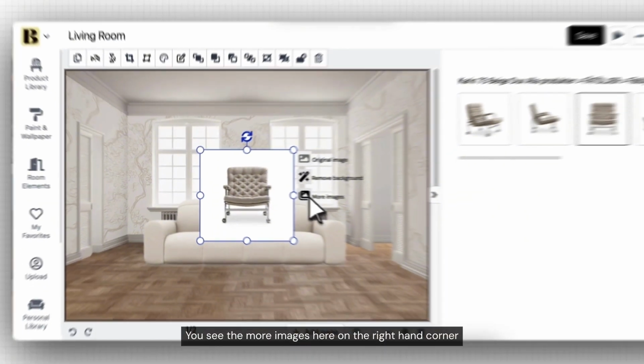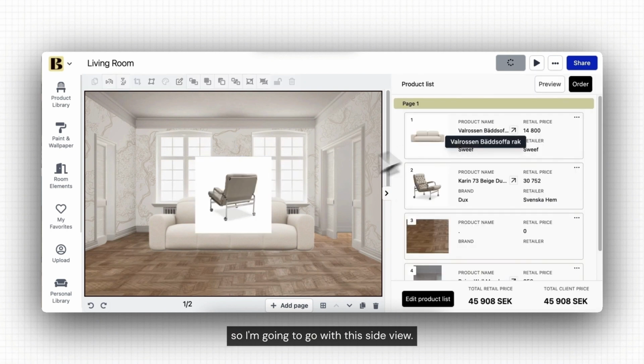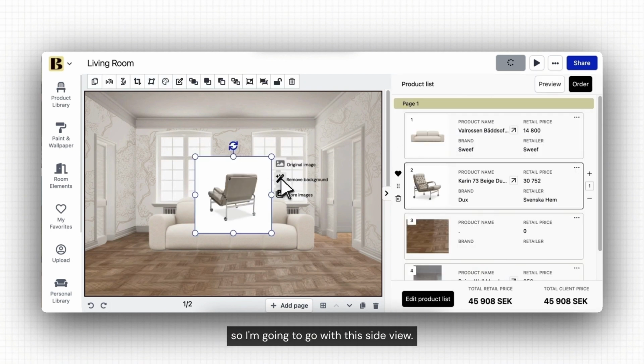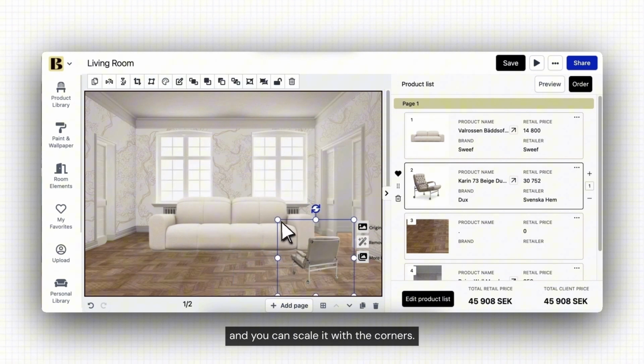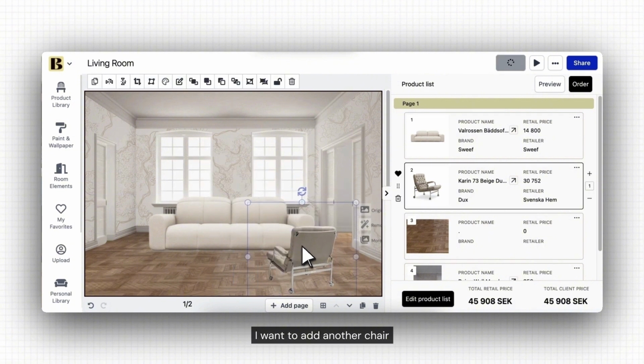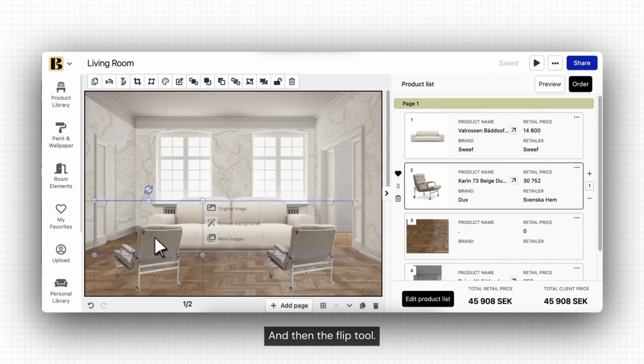You see the more images here on the right hand corner, and there's several positions of this chair available. So I'm going to go with this side view. Again, click the button to remove the background and you can scale it with the corners. I want to add another chair, so I'm going to use the copy tool from the toolbar and then the